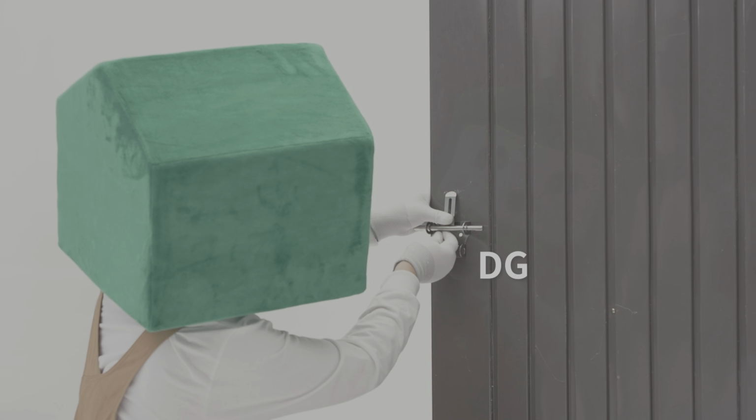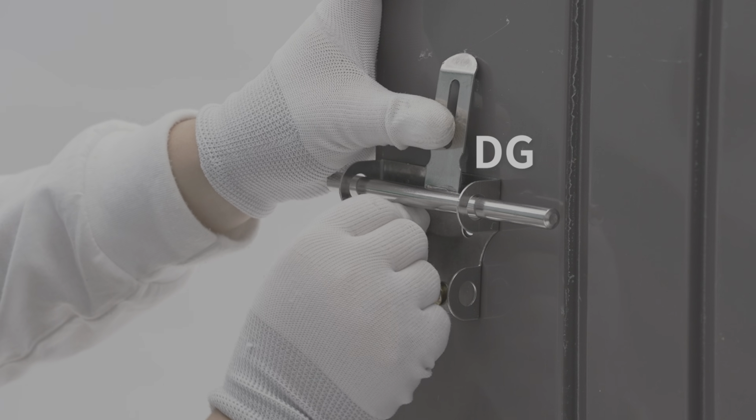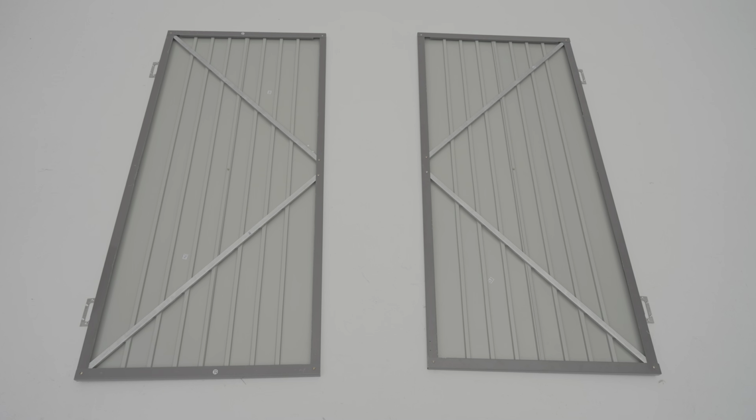Align accessory DG with the holes on the outside of the right door panel, and use the F4 screws for the assembly. In this way, both left and right door